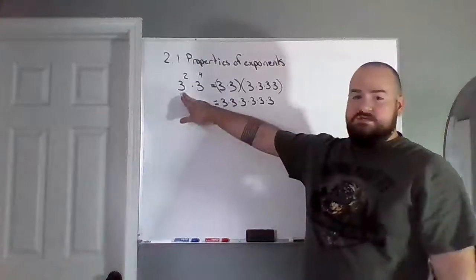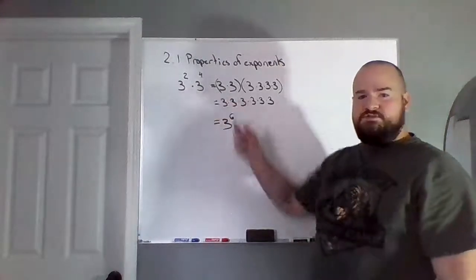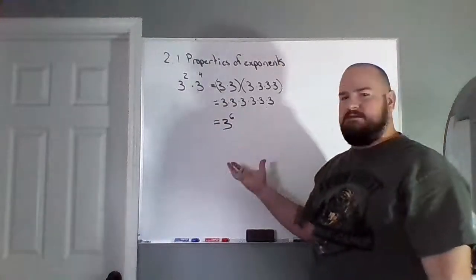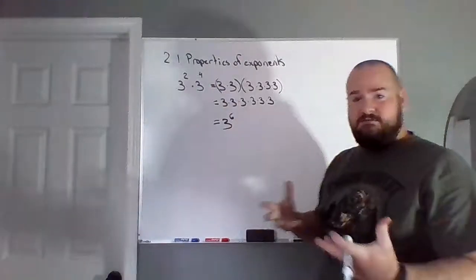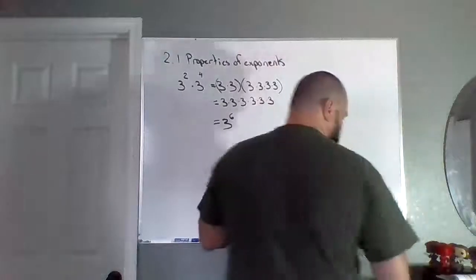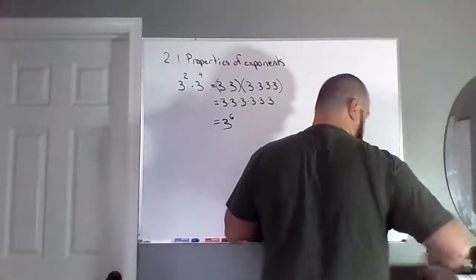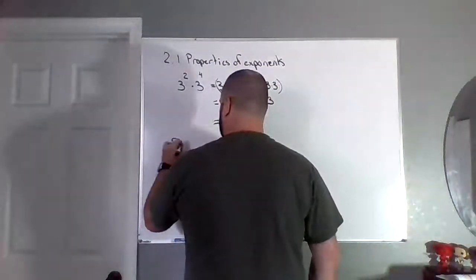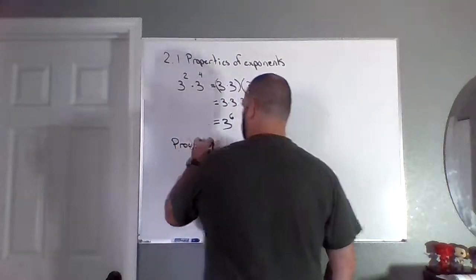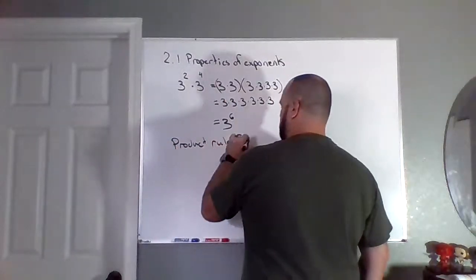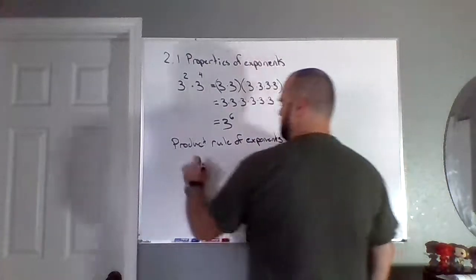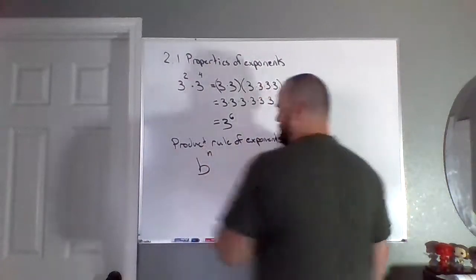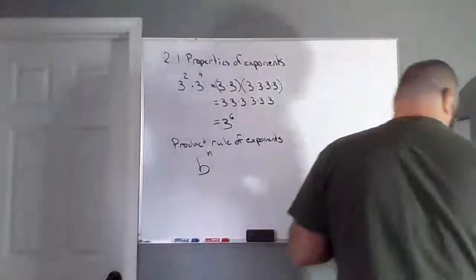So 3 squared times 3 to the 4th just becomes 3 to the 6th. So how do I get there? Well, very simply, we just added these exponents, and that's our rule. And it's called the product rule of exponents. And it simply says, if we have b to the n, let me make sure I'm using the